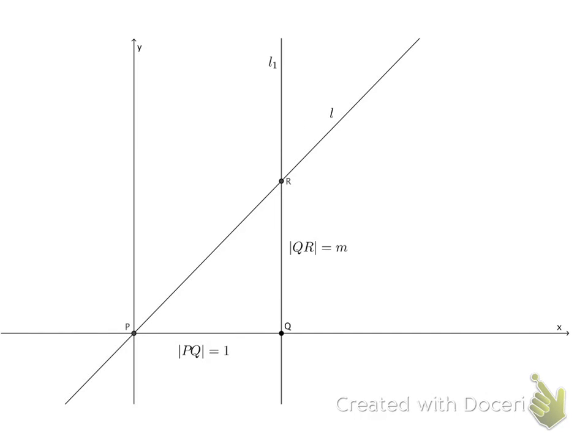Okay, so this diagram will help us review what we talked about in lesson 15. Here you see a line, L, and we have points P and R on the line. P has been placed at the origin, but it didn't have to be, but for our purposes, there it is. And Q is the point directly below R on the x-axis, and we've chosen Q so that PQ is 1, okay? And you can follow this perpendicular line right up to R, and we said that this distance QR